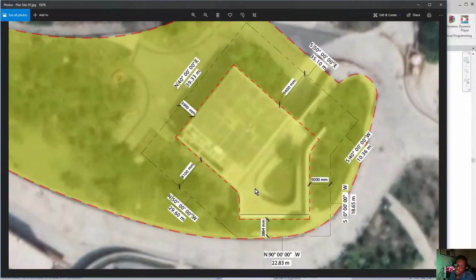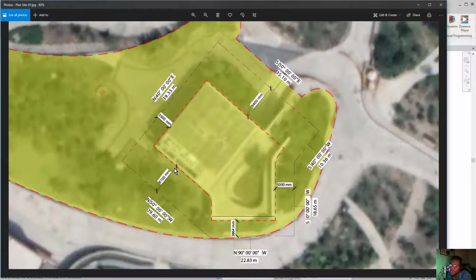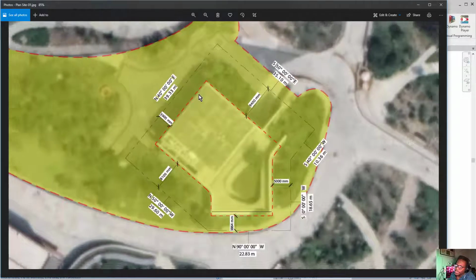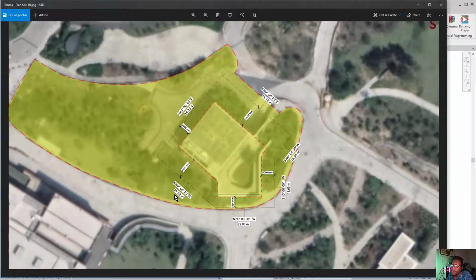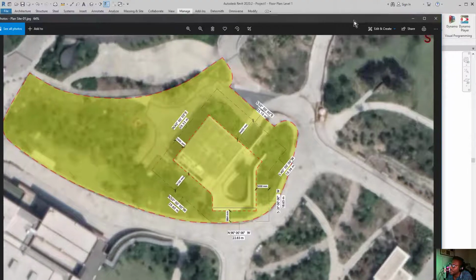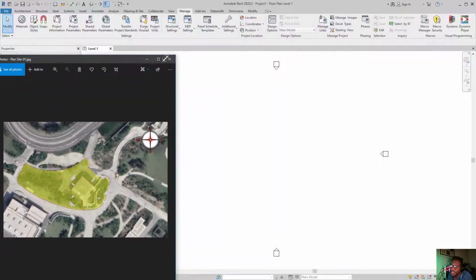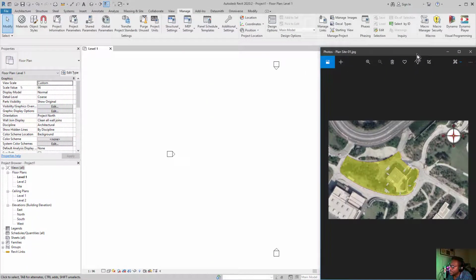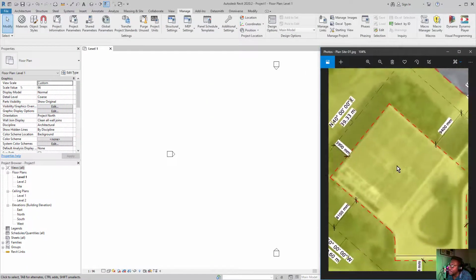And this is the same process if you were getting information from a surveyor. You would want to make sure that either you get the direct surveyor drawings that has a site plan on it, or you get the longitudinal values that you can insert in the program to ensure that your site that you're designing on is geographically correct. So in this case, we're going to insert these values directly into Revit, and that will give us an accurate representation of the site. So we're going to put this to one side here, and